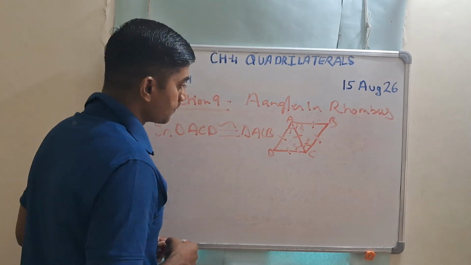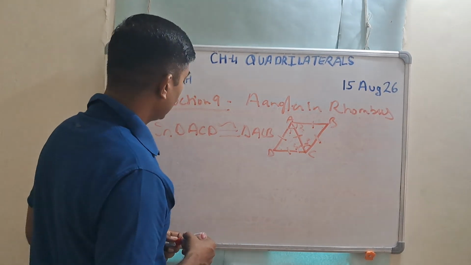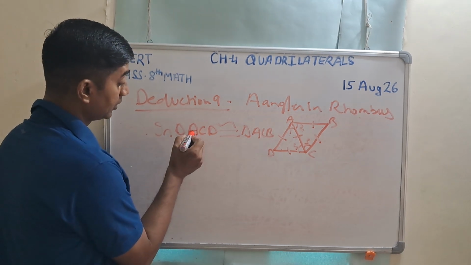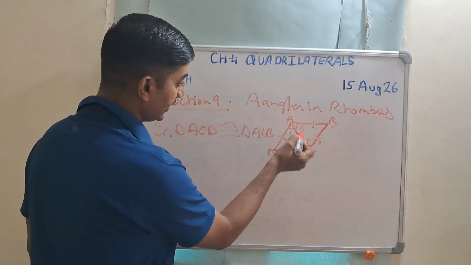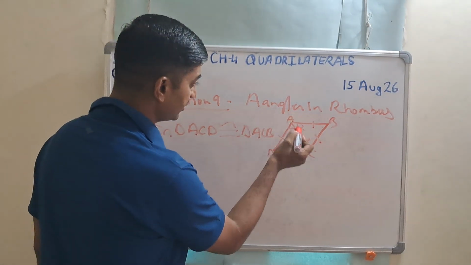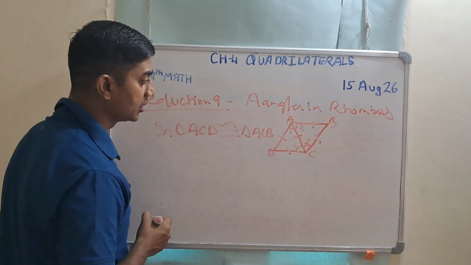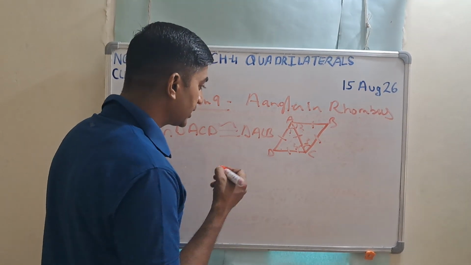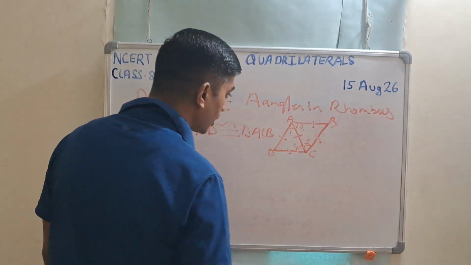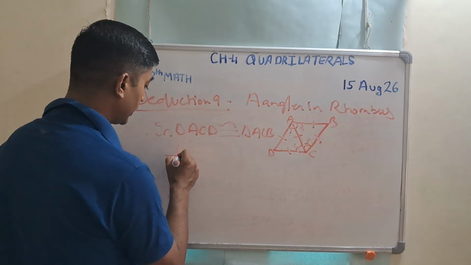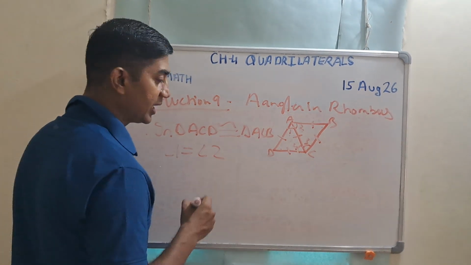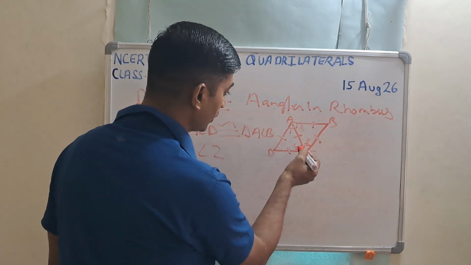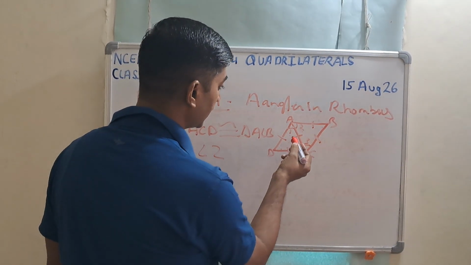Okay, we have taken the triangle ACD and triangle ACB. We have taken these two triangles, and when we take the corresponding parts, then we conclude that angle 1 is equal to angle 2 by CPCT. Understood? Because all the sides are equal in a rhombus,